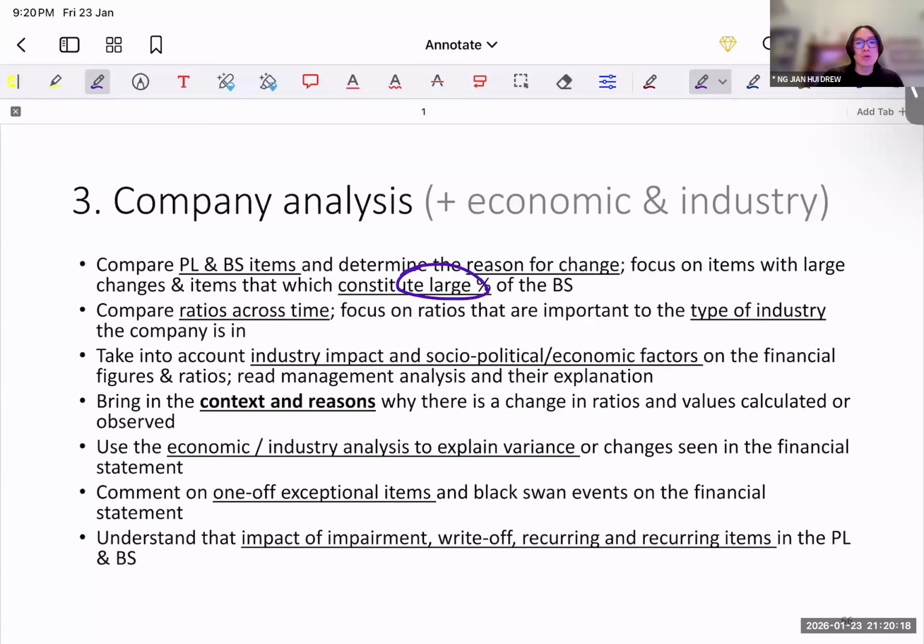The next one is also maybe focusing on what item has the most drastic change across time, right? Is there a sudden increase in intangibles? When there's a sudden increase in intangibles, typically it's because maybe they managed to file a patent, or maybe they have acquired a new company where there's goodwill, right? So those are some aspects that could enlarge the intangibles.